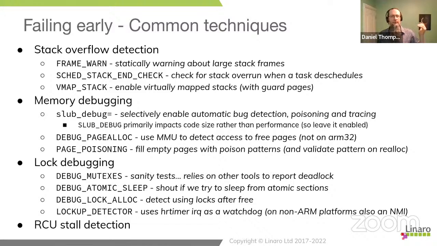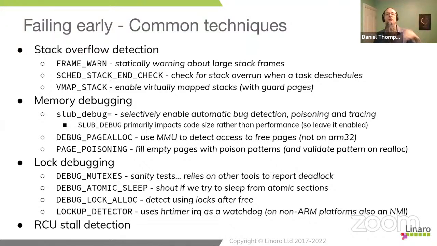The other thing we can use if we've got 64-bit systems is something called VMAP stack. VMAP stack effectively allows us to use the MMU to spot if we overrun the end of a stack. And the great thing about that is it will stop and give us a stack trace at the exact moment the stack overflows. So that's a really powerful technique, and by turning it on, you don't just get the stack check, you also know the stack hasn't overflowed, which makes a lot of other reasoning about what might have gone wrong easier. So VMAP stack is highly recommended if you're concerned about any kind of stack overflow.